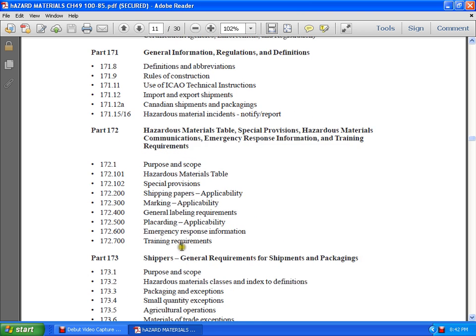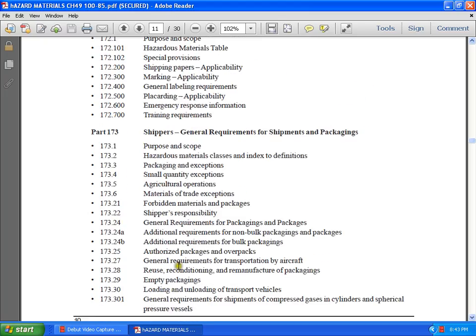Part 172, hazardous materials table, special provisions, hazardous material communication, emergency response information, training requirements. 171.1, purpose and scope. 172.101, hazardous materials table. 172.102, special provisions. 172.200, shipping papers, applicability. 172.300, marking, applicability. 172.400, general label requirements. 172.500, placarding applicability. 172.600, emergency response information. 172.700, training requirements. Part 173, shippers, general requirements